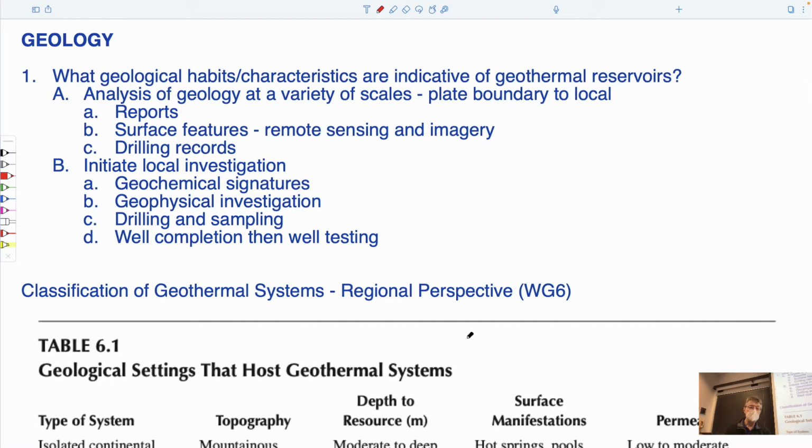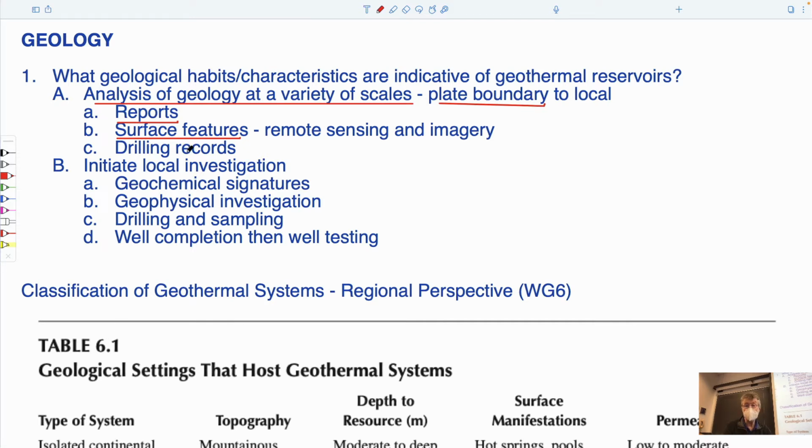And so the kinds of things that we'll talk about today are an overview of these different geological habits. We know that they occur on plate boundaries, but I guess there are more specific things that we can think about rather than plate boundaries. The kinds of things that you'd expect to have available to you would be geological survey reports to identify what the geology is there, and some notation of what features exist, for instance, flowing